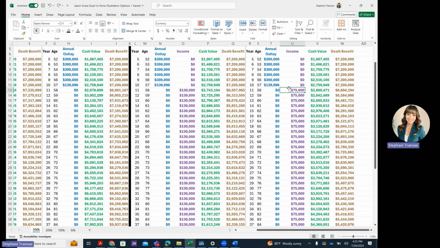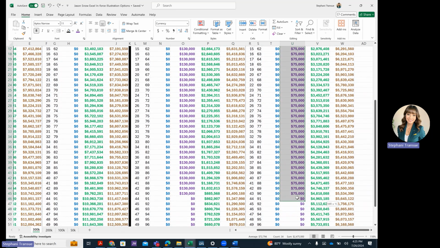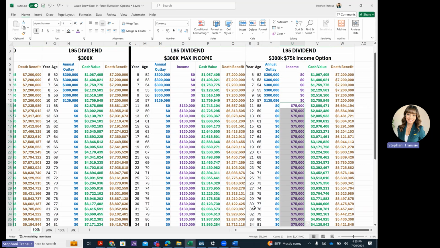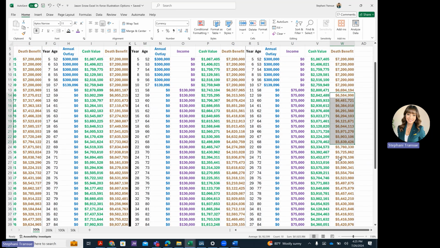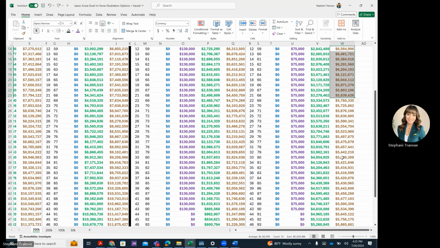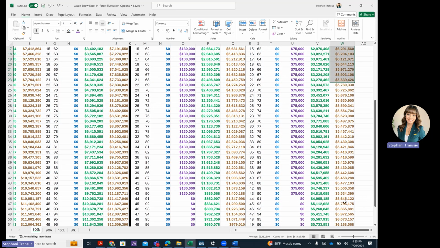So it shows the income starting at the age of 58 and going to the age of 90. In this case, because you are pulling less income every year, you'll notice that your cash value and your death benefit remain a little bit more steady and don't dip too much. It stays above that 5 million to the age of 90 and on, of course.